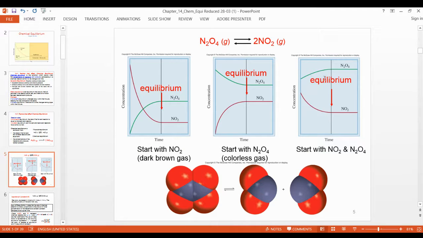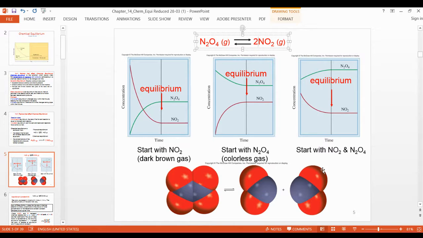So that is a condition for equilibrium, in which you will get a different color at that time. So this is an example showing the different color, dark color, how you get it. N2O4 is colorless. When it changes to NO2, it means you will get dark color. Then after some time the NO2 changes to N2O4, again colorless you will get, but at a certain equilibrium point you get it.